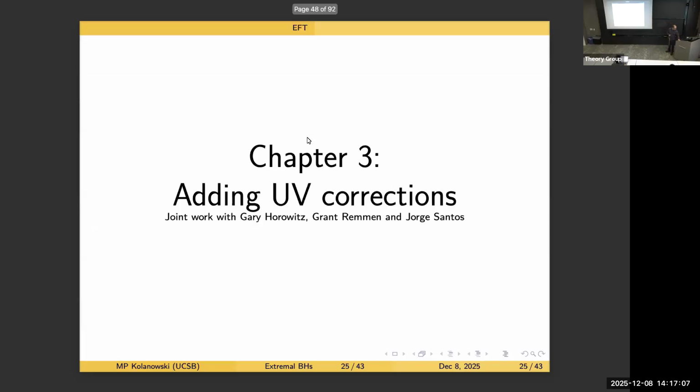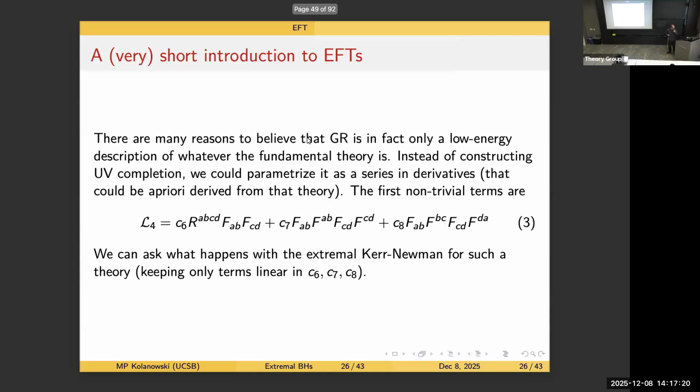But that's right now just a conjecture. Okay, so now we are leaving AdS and going to the real world. So no cosmological constant, but instead of a cosmological constant, we will have electrons. And I'm told these actually exist. In general, GR is, we believe, some low energy description of whatever the fundamental theory is. And instead of trying to come up with the right string theory to describe them, we can try a bottom-up approach